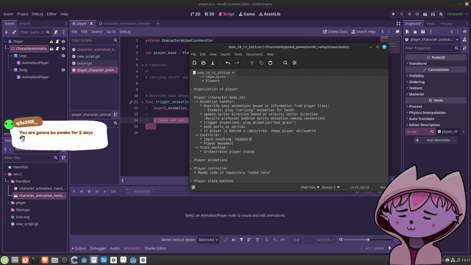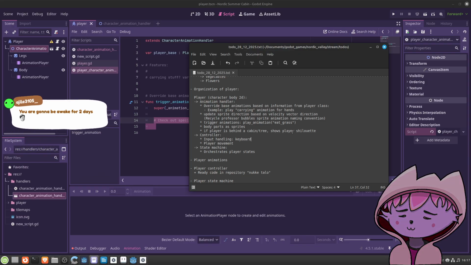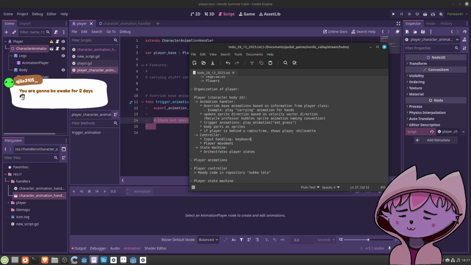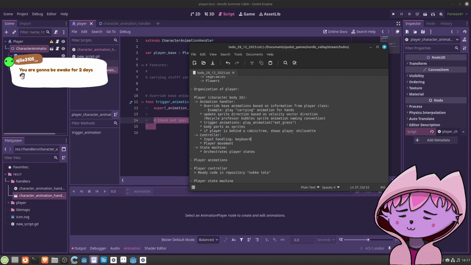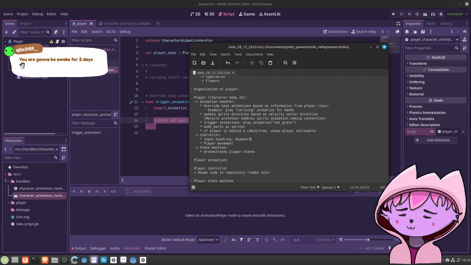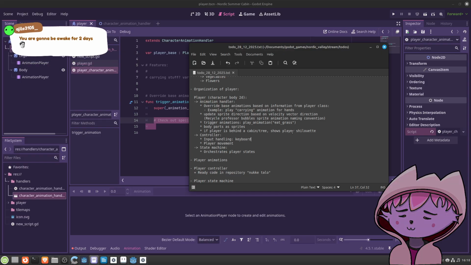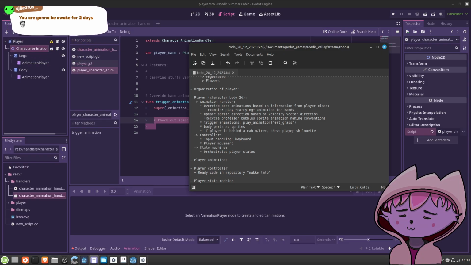Make it 24. No. You're gonna be awake for 2 days. I'm a tiny bit worried because I quit drinking coffee, it was my day-to-day source of caffeine. I quit like 2 months ago, actually in hopes to sleep better.